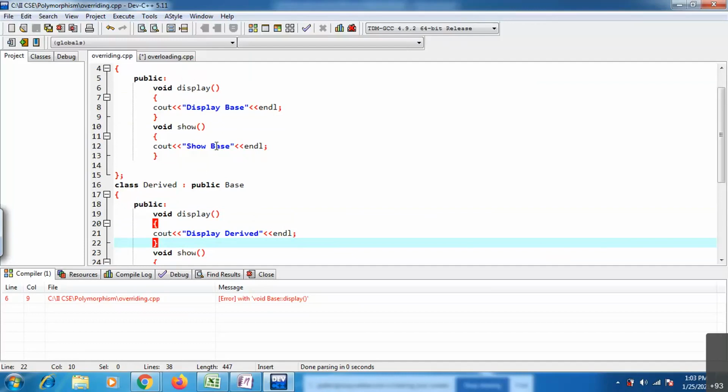So you are in a position to achieve polymorphism at runtime, called runtime polymorphism, or dynamic polymorphism, or dynamic binding, or late binding. Late binding means only after compilation are you able to decide. After compilation you run your code, right? While running your code you decide which function is going to be called. That is called runtime polymorphism.